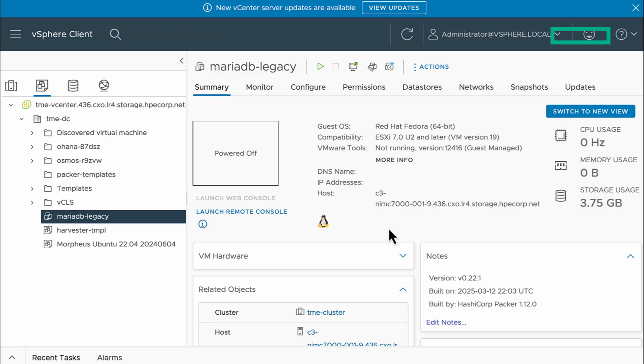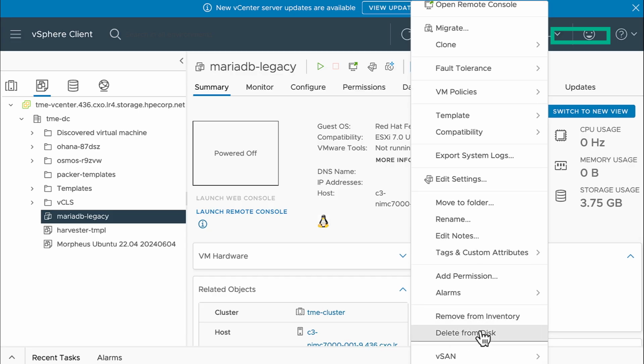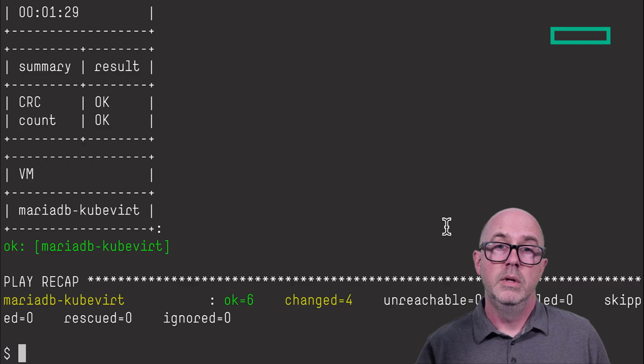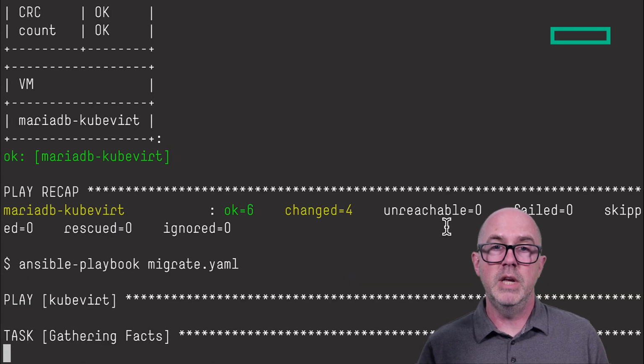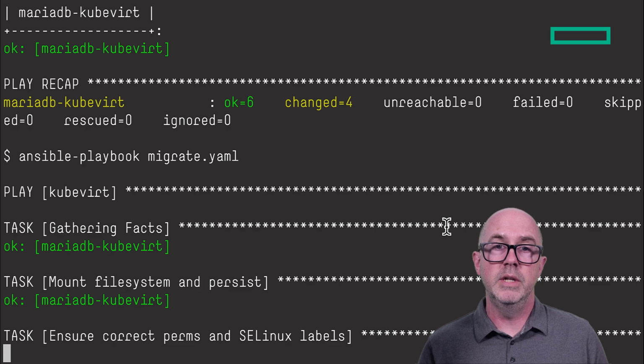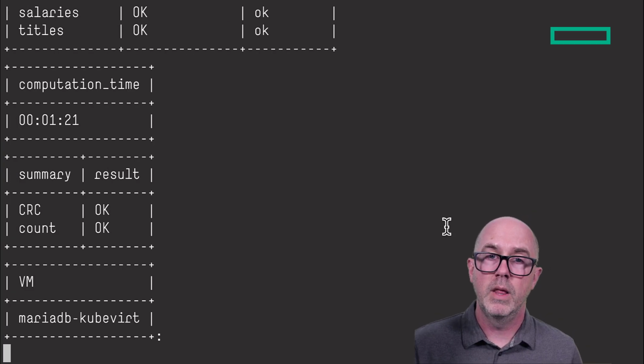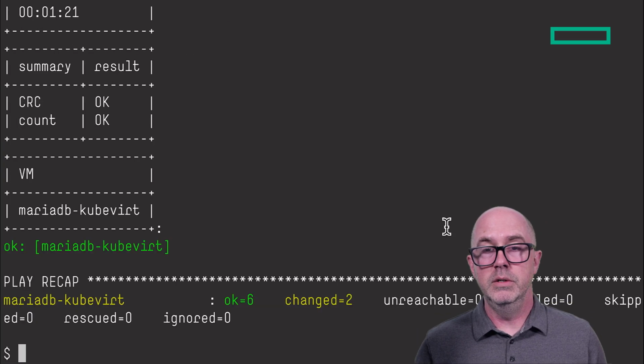Back at vSphere, we can simply delete the VM. The references to the vVol no longer exist in the storage system, and the physical volume has been renamed. As the migration playbook is idempotent, we can run it again, expect the same result, and make sure that the application is still working after we deleted the source VM from the legacy infrastructure. And that one last assertion concludes this demo. The key takeaways from this workflow are that the source volume and all its data is untouched during the transition. Also, the cloning process can be performed as many times as needed to perfect the destination environment.